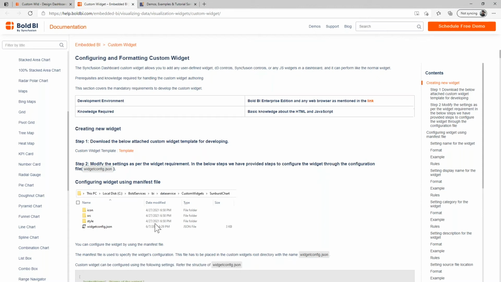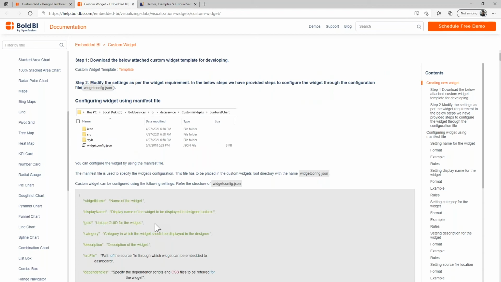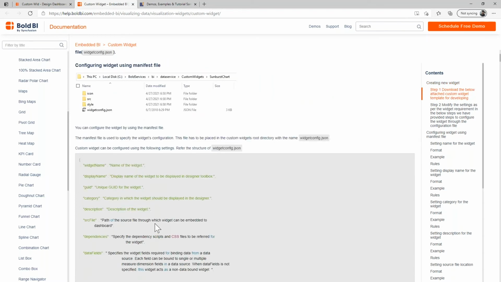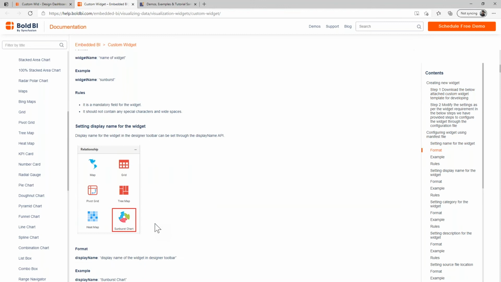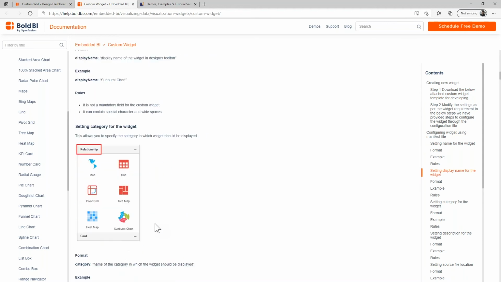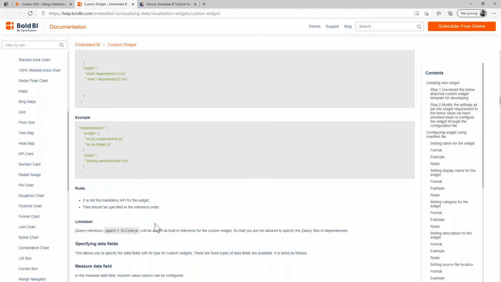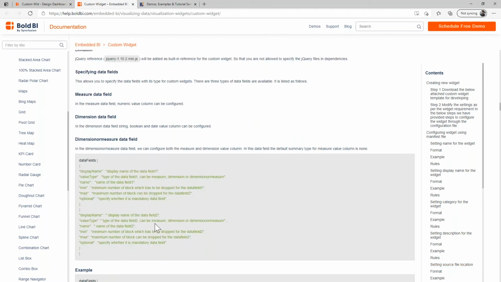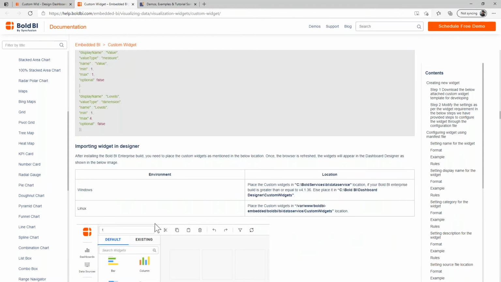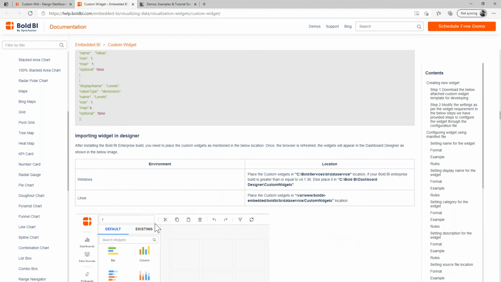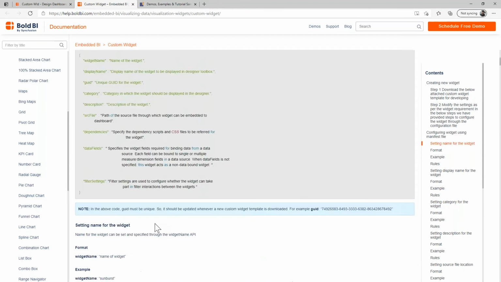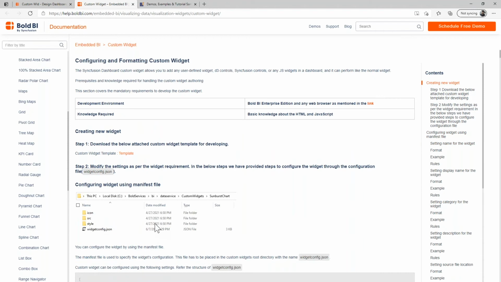In addition, we have a few examples of custom widgets like the Sunburst chart, and another widget that is built out of D3JS. You can download those sample custom widget files from here and use them as a reference for your own custom widgets. We're also working on adding a custom widgets explorer page that I will explain later on.